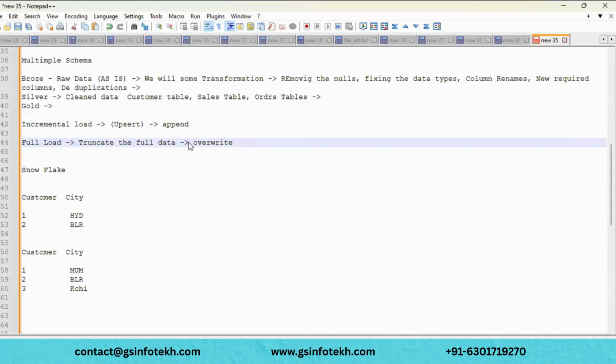These are the terminologies which we are going to use. Overwrite means it is going to replace the existing data with the new data, and upsert only updates and inserts the new records.